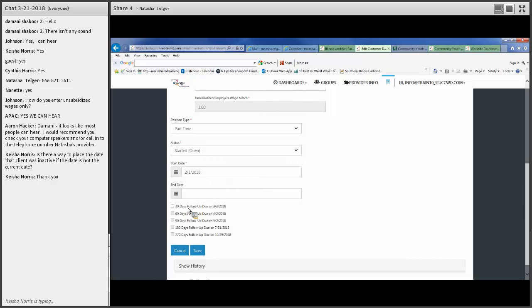Whenever I did the backdating, I did that intentionally so that you could see that we have an area down below that is for our follow-up. It's going to generate your follow-up dates based on your start date, so that's 30, 60, 90, 180, 270 days. And what it's really going to do is just prompt you to say, hey,